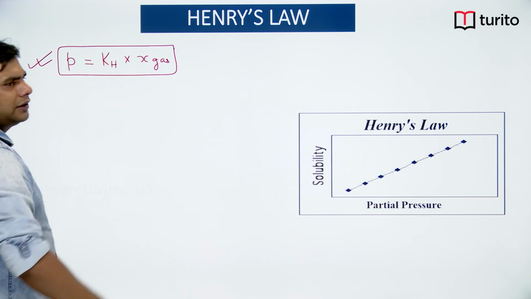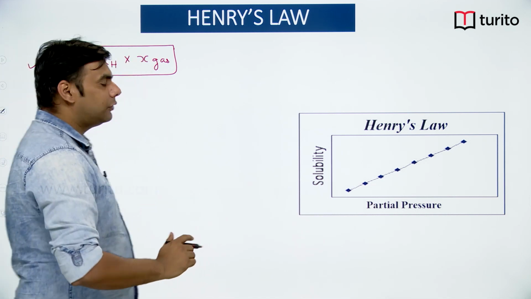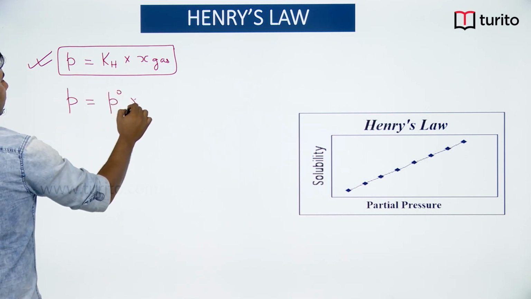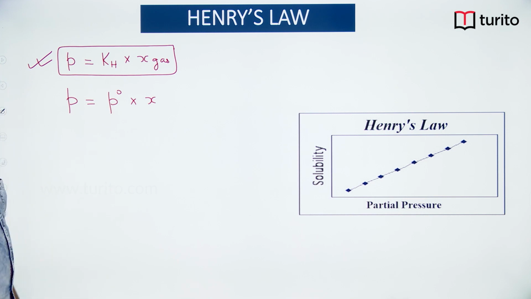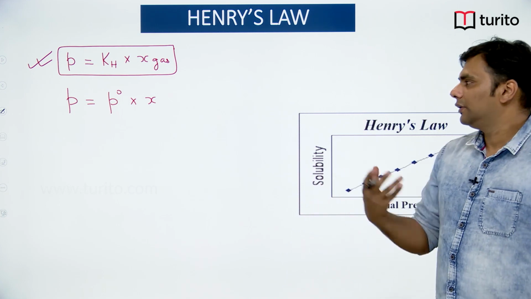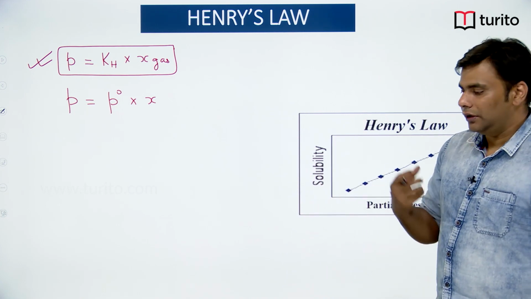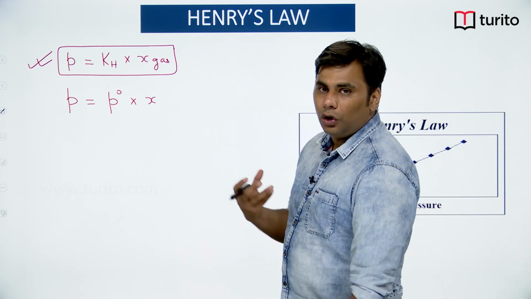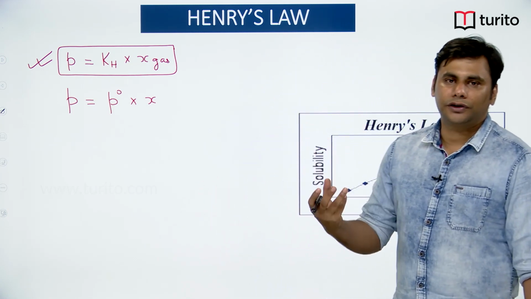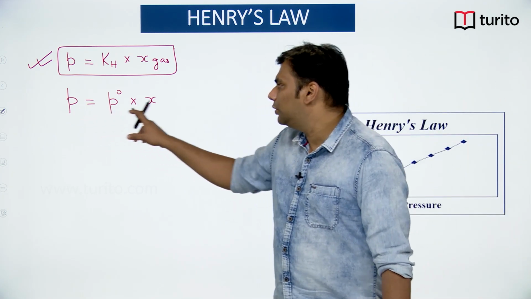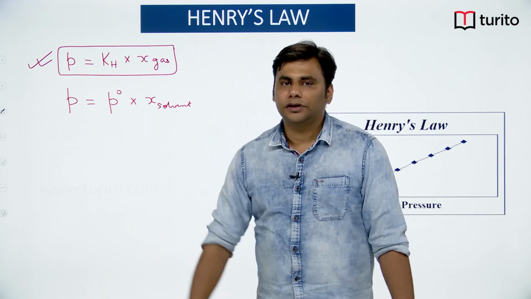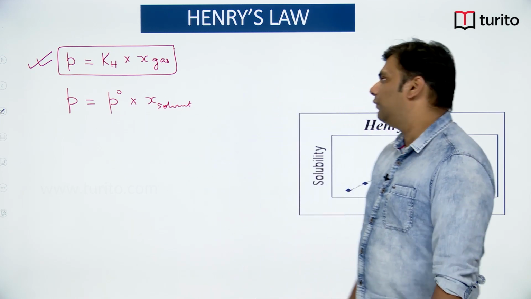It resembles Raoult's law. Okay, so Raoult's law was basically P equal to P naught into mole fraction. So we are saying that if we are having any solution, the pressure over the solution will always be proportional to the mole fraction of the solvent. So partial pressure was always proportional to the mole fraction of the solvent. So if you remove the proportional sign, you will get P is equal to P naught into mole fraction of